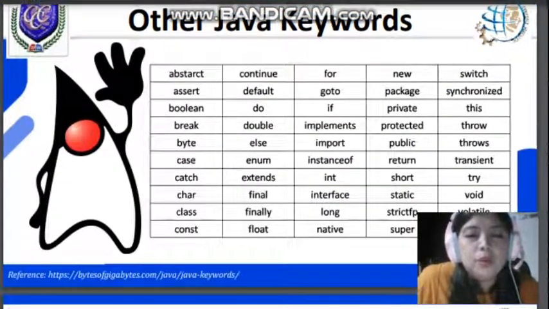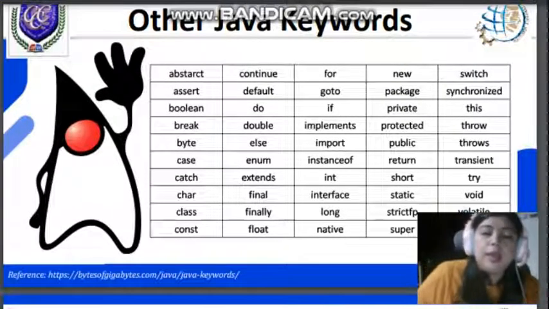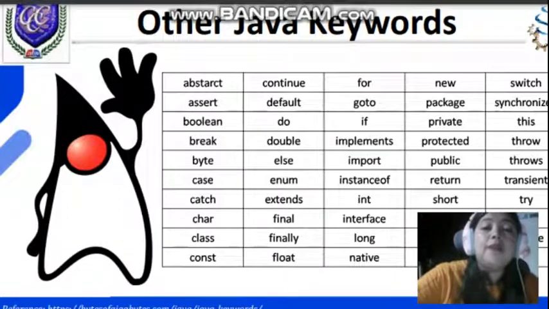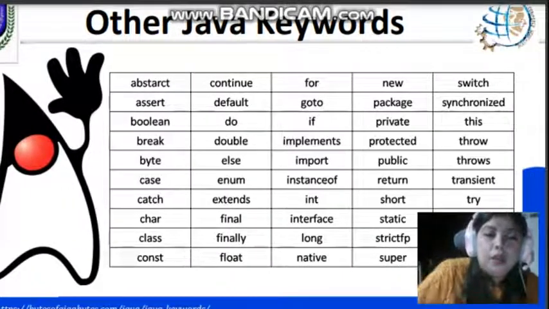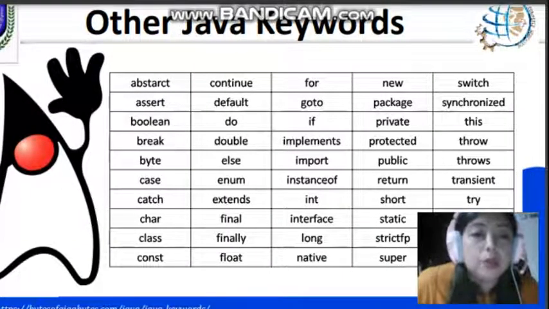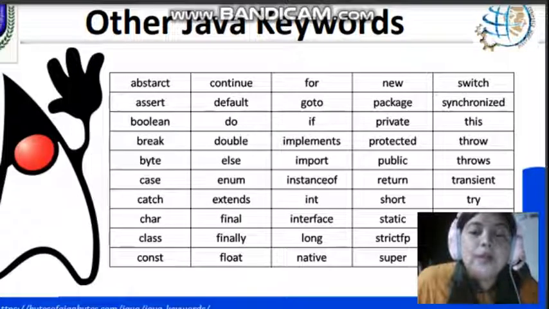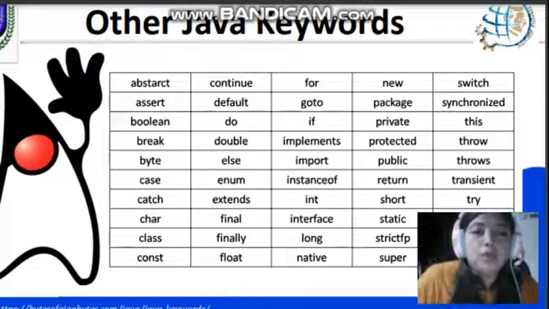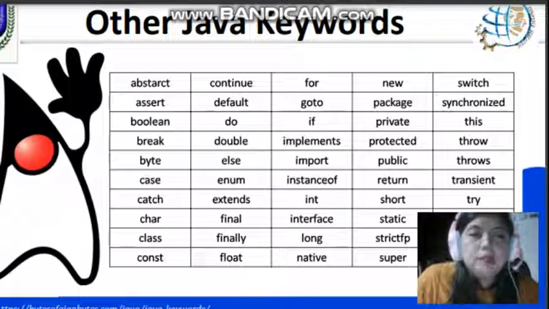But I'm just gonna show you this dahil since we are talking about identifiers, I need you to be very familiar with the words para maiwasan na po nating magamit itong mga keywords na to, no? Like abstract, continue, for, new, switch, assert, default, goto, package, synchronized, boolean, do, if, private, this,